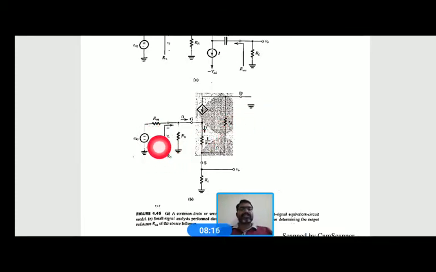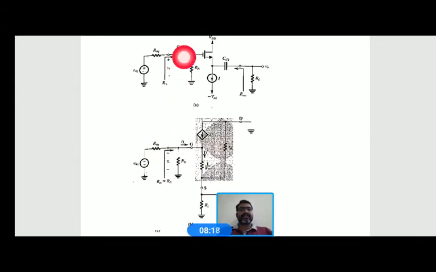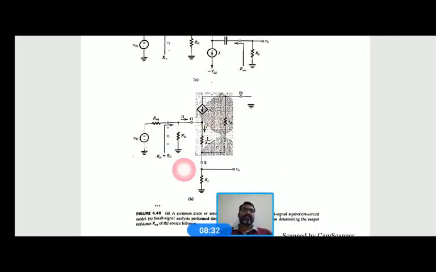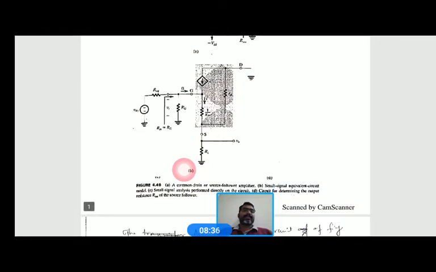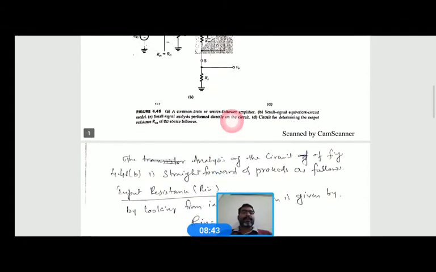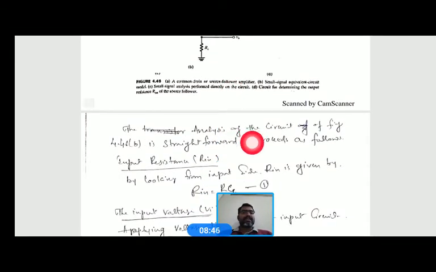At the input side we can see that CC1 is shorted here, so therefore the R signal is directly connected to the gate. CC1 is shorted, and you have an RG in parallel with the gate, right? Okay, so let's analyze this AC equivalent circuit, right? So the analysis of this circuit of figure